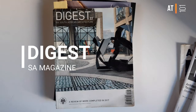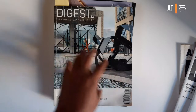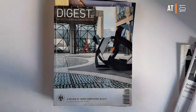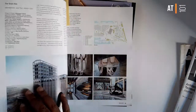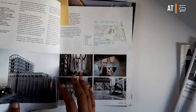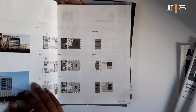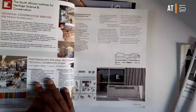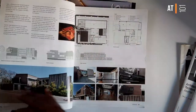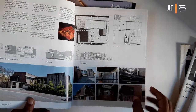It's the Digest of South African Architecture. This is a very interesting magazine. It can be expensive, can be pricey, but it's worth an investment. All of these are worth an investment, because they give you great detail, like very interesting projects. Get in there. The material inside is just amazing. You need to get a copy, because from stuff like this, you learn design, you learn different technologies, different construction techniques, you learn very interesting ideas,